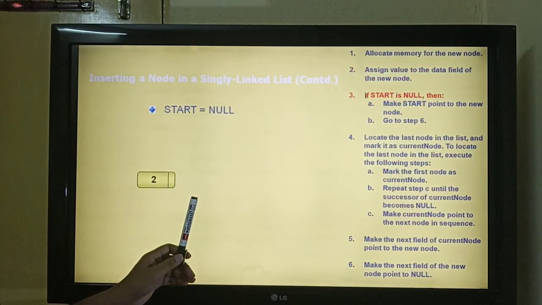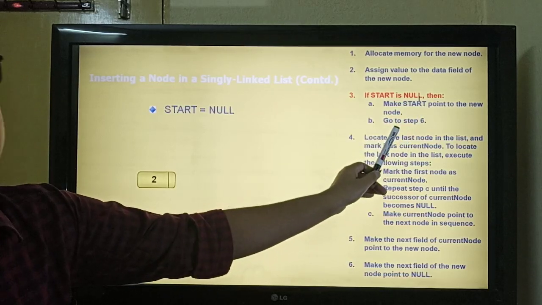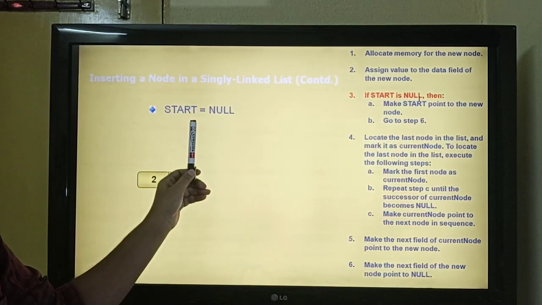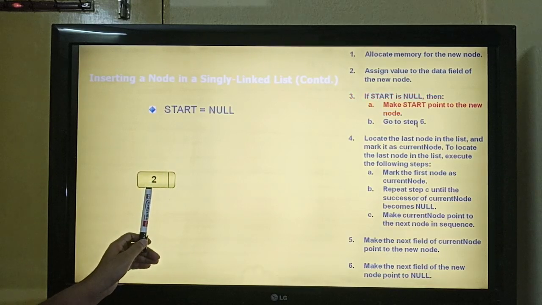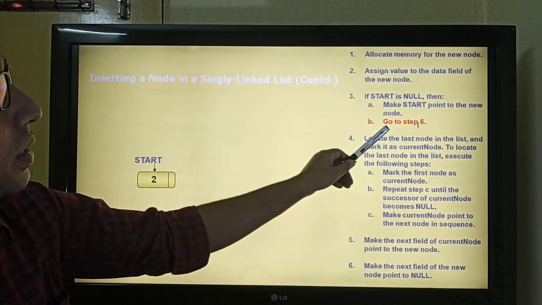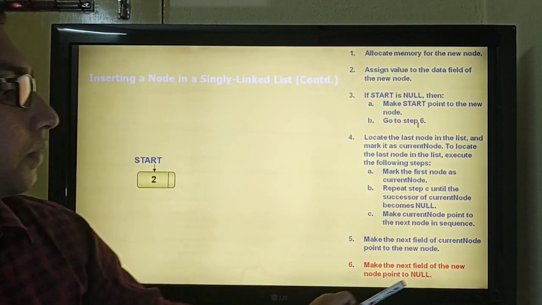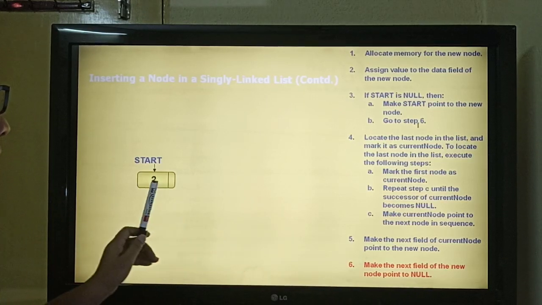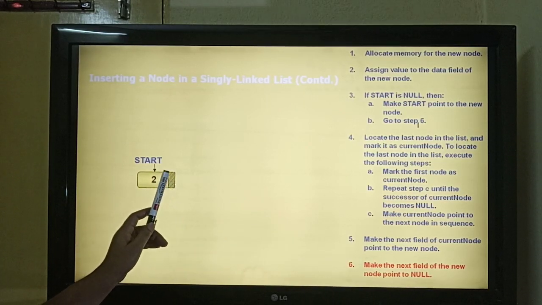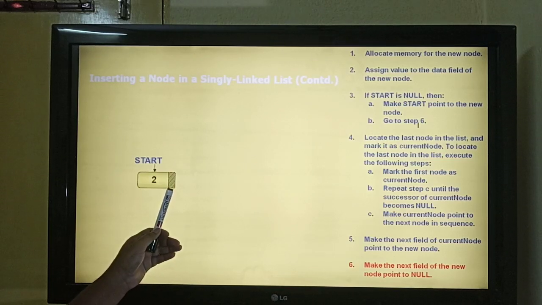Now we will check: if start is null, then make the start pointer point to the new node and go to step number 6. Since start is null, start will point to this new node and we will move to step number 6. What is step number 6? Make the next field of the new node point to null. That is, this is the only node in the list. Hence the link part, the address part, will have null.